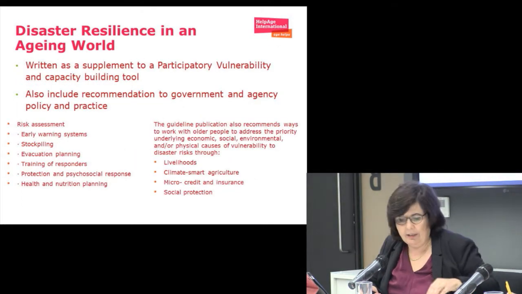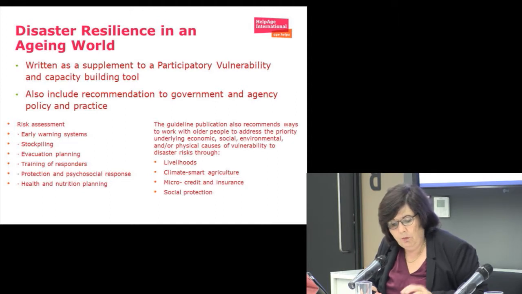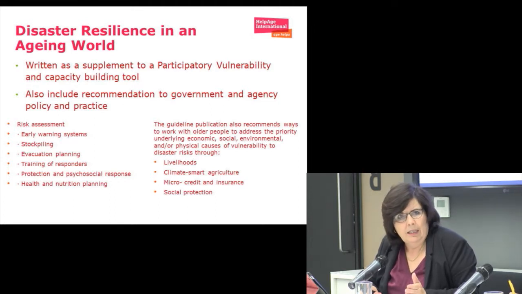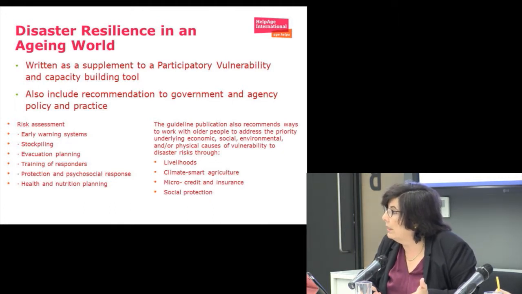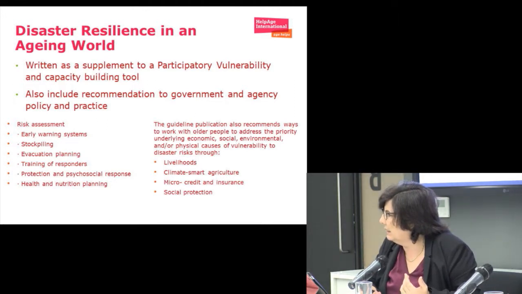This is the area they are covering, which I mentioned already. Perhaps the one thing I didn't mention up to now is that the guidelines cover disaster risk reduction, but they also look at the resilience of systems. And when we're looking at the resilience of systems, the Philippines was one case in point, because it's a recent disaster where there was a pension or an old age allowance that existed